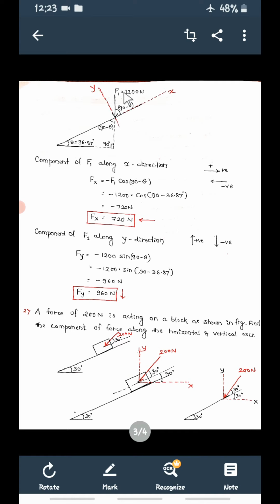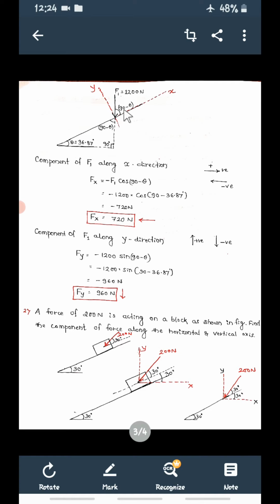So what is the component of F1 along x direction now? Along x direction it is Fx, equal to minus. Why is it minus? When I make this force along x axis, see the direction, it will move in this direction. When I make this F1 along x axis, this force will move in this direction. So this direction means it is negative. So minus